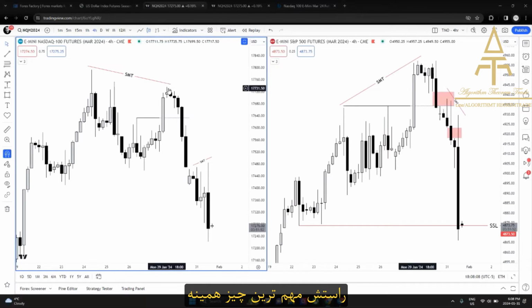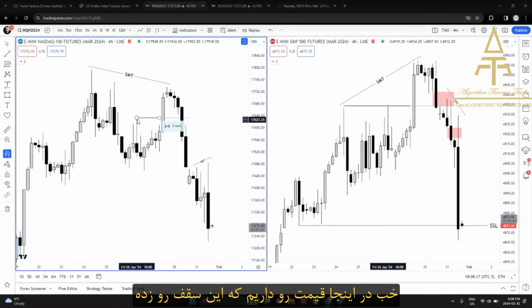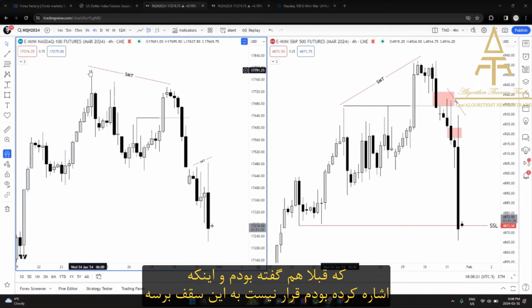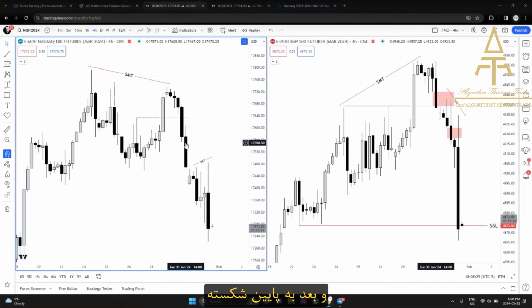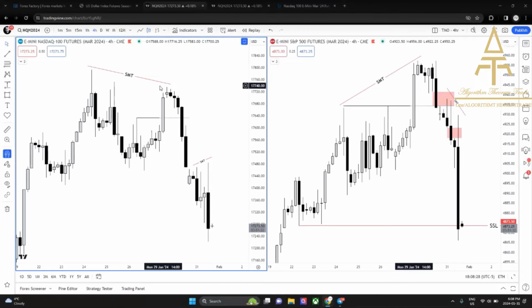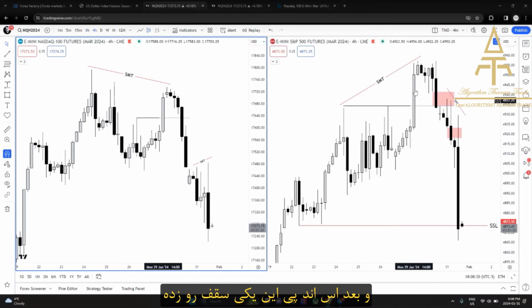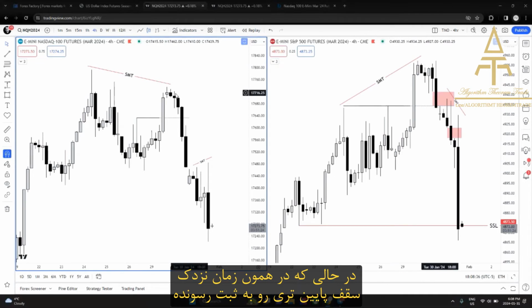That's the most important thing, right? Time is very important. There's nothing more important than that. So we had price take out this high, which I talked about, and not going to this high, right? And then breaking down, right? And then we had the S&P 500 taking out this high, while this, which is the NASDAQ, formed a